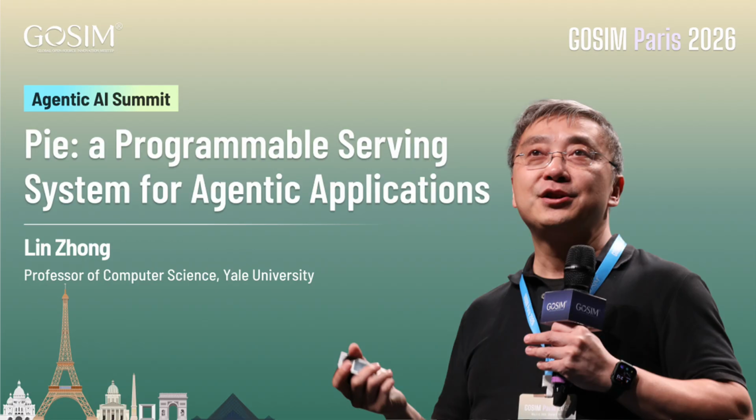So let's look inside the runtime and see how Pi is different from existing inference engines. Existing inference engines like vLLM and SGLang implement basically a global autoregressive loop. A prompt comes in, you embed, you prefill, you decode, and then sample, and you come back. Then you batch multiple prompts. Once you send the prompt, it goes through this loop automatically, and the agentic application has no control over this loop. It stops on its own.